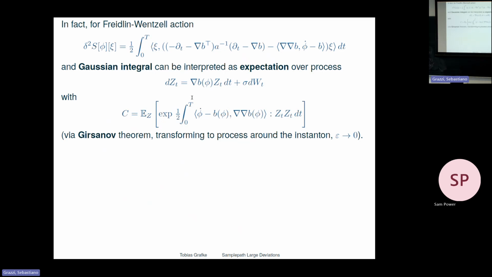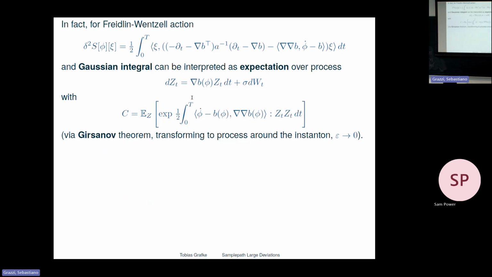Why not look at the difference between the most likely one and where I'm actually at, instead of just looking at where I'm at, which is very unlikely? So if I integrate this fluctuation process, I'm basically saying I'm already given that I move according to the instanton, and all that I care about is the fluctuations around the instanton. And this is the equation that the fluctuations around the instanton will fulfill. And that's the only relevant term that remains in the epsilon to 0 limit.